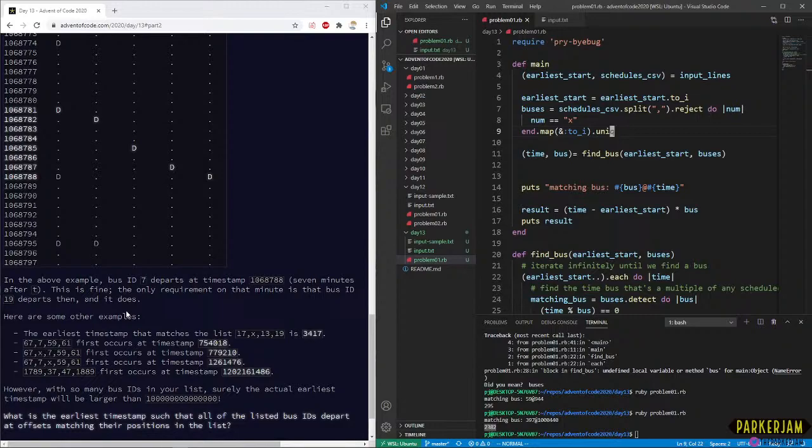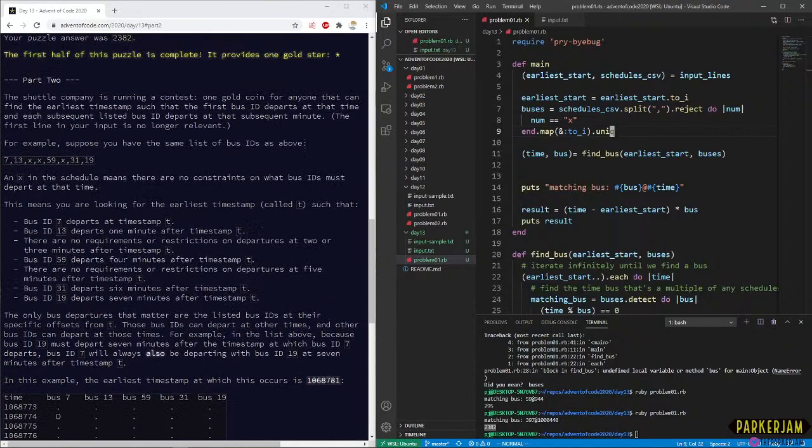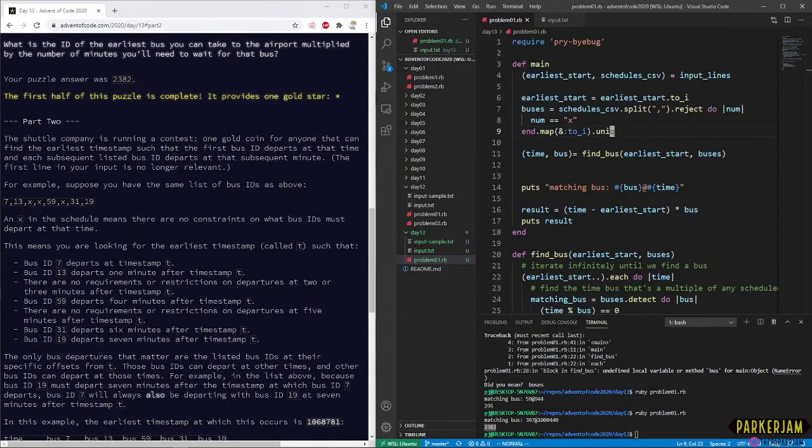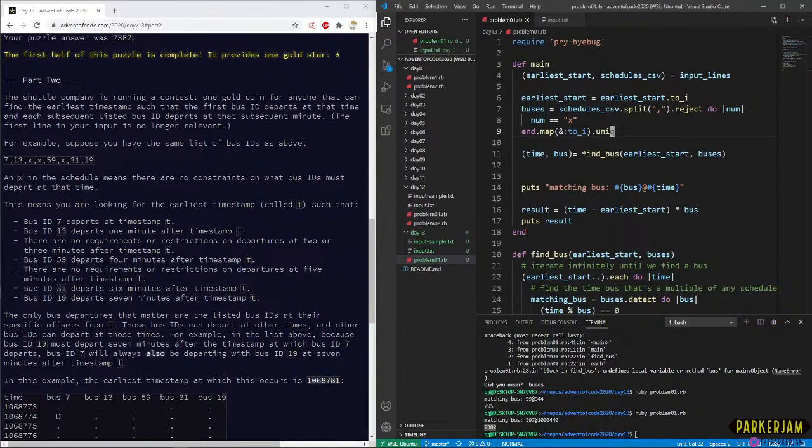on the list? Okay, I'm going to read through this again, just to try to grok exactly what's going on here. There are no constraints on what bus IDs must depart at the time. You're looking at the earliest timestamp.